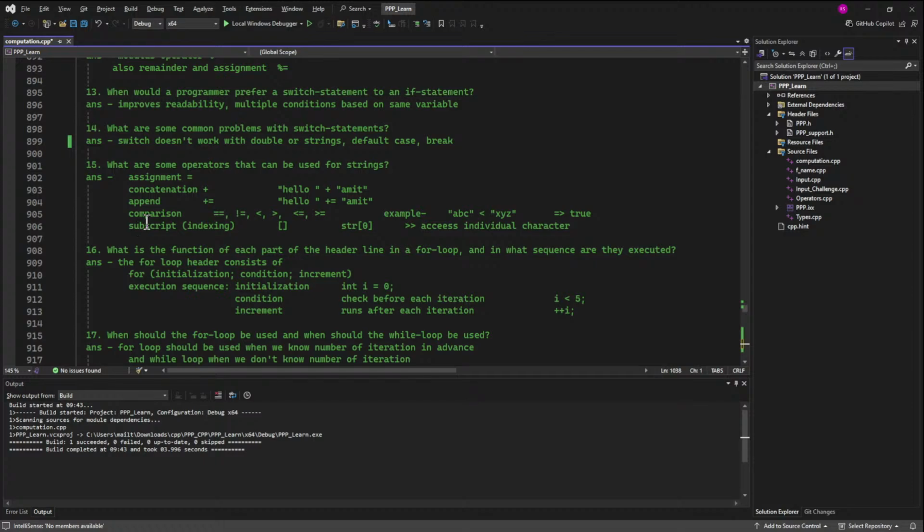Okay, indexing, subscript. Okay, next is what is the function of each part of the header line in a for